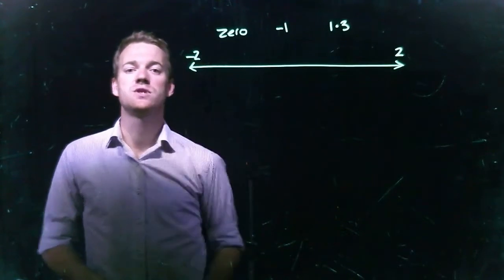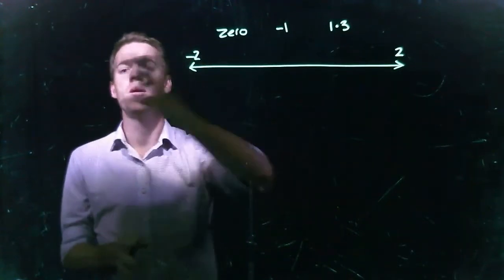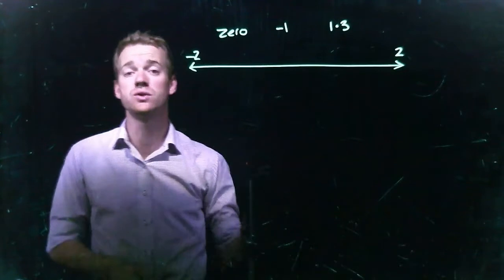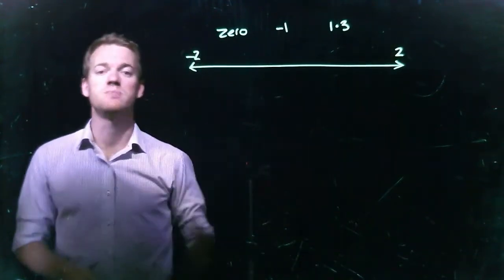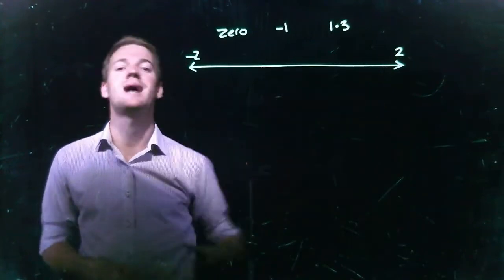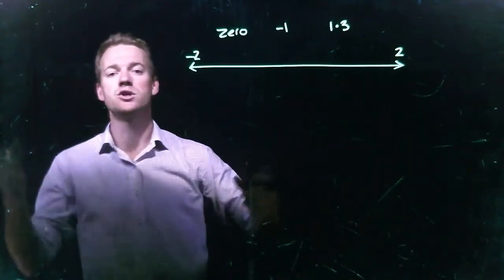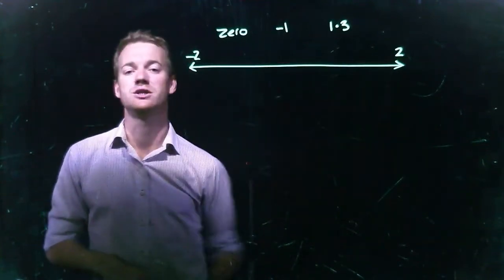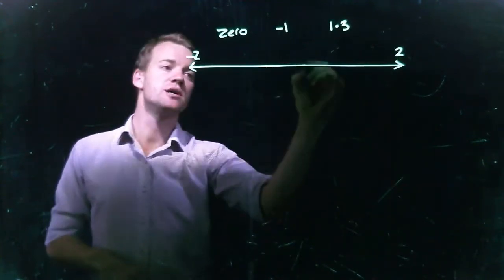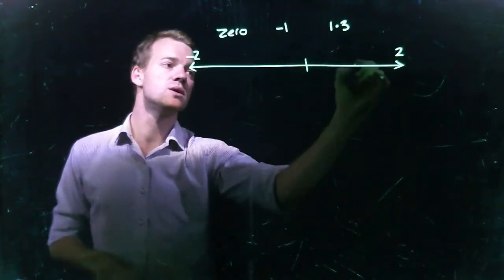Now I know there's -2 here. That means I'm 2 parts below 0, or 2 whole numbers below 0. Over here we've got +2, which means we are 2 whole numbers above 0. So if we've got 2 below 0, 2 above 0, that means there are 4 sections here altogether. So I'm going to break this line into quarters,